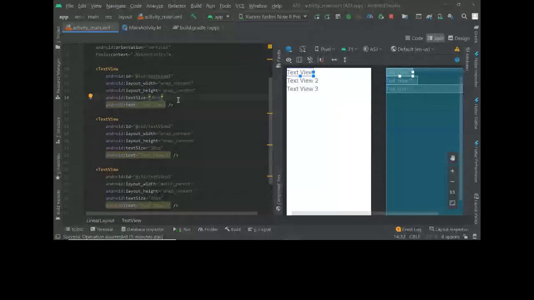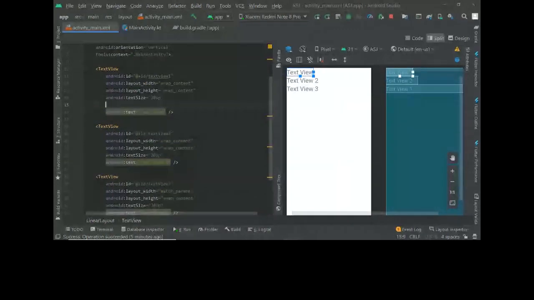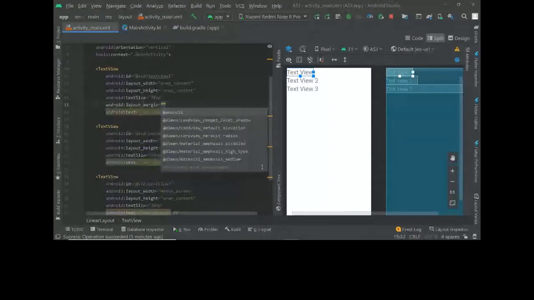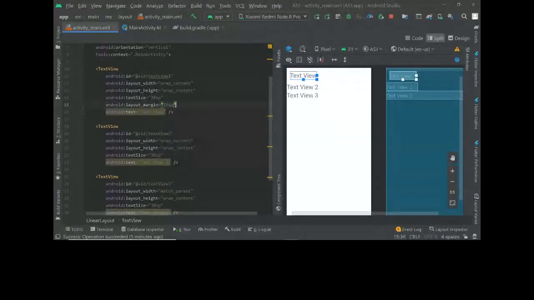Another thing you can do is add margin. Margin means it leaves a gap around the view. I'll just show adding some margin. Let's say layout margin. 16 dp is another unit of measurement. For text sizes we generally use sp, and for margin kinds of stuff we use dp. As you can see, it leaves a margin of 16 dp everywhere: on the top, left, right, and bottom, it leaves this much margin.